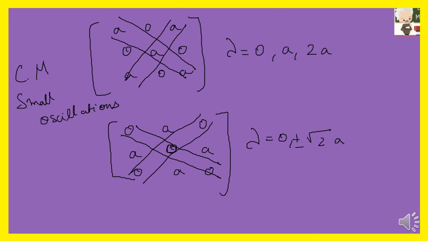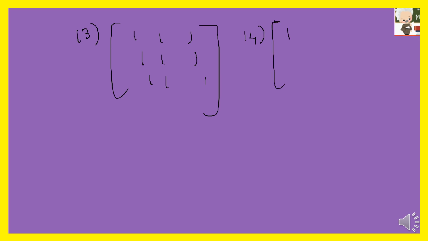Okay, here I'm going to give you a few more problems, so just try all those. I stopped with 11, I guess, so I'm continuing with 13. Try to find eigenvalues for all of these: 13 is 1 1 1, 1 1 1, 1 1 1. And then 14 is 1 2 3, 2 4 6, 3 6 9. And then the 15th question,